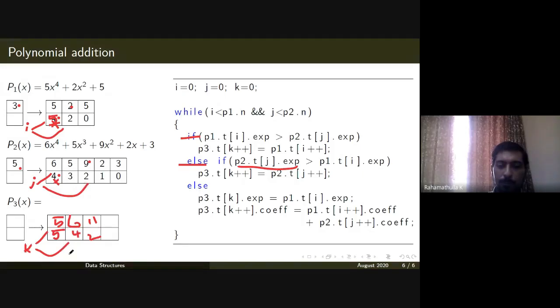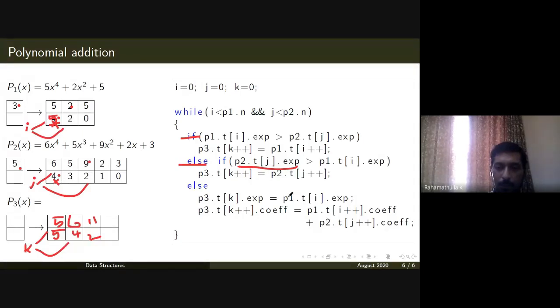Always you move the third polynomial index once you copy. Then if the exponents are equal, you copy any one's exponent, like P1.t[i].exponent.